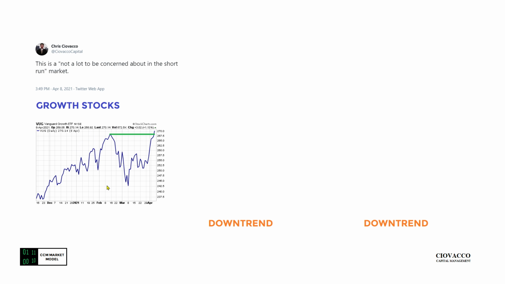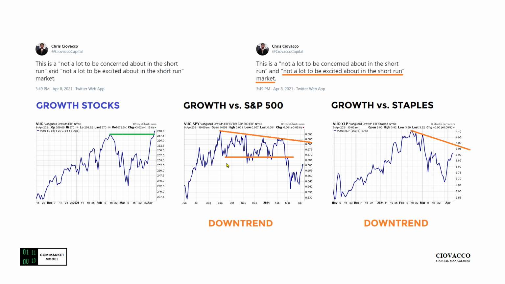If you follow along on Twitter, these graphs give this tweet some context. This is not a lot to be concerned about in the short run market. Hard to make an argument that a new all-time high is concerning. And a lot of ETFs, stock-based ETFs, are making new all-time highs. However, in this context, there's still a defensive bias in the tape, especially over here, so we would like to see this chart improve. And it may improve very, very soon, but once again, it hasn't improved yet.